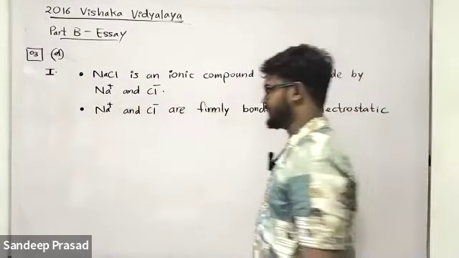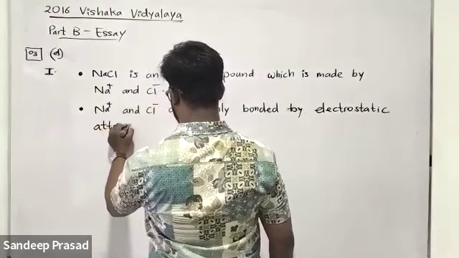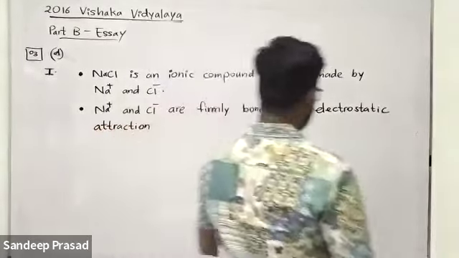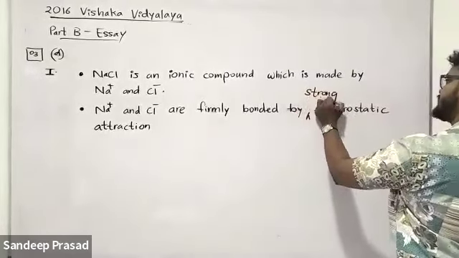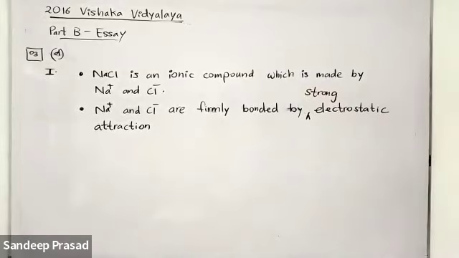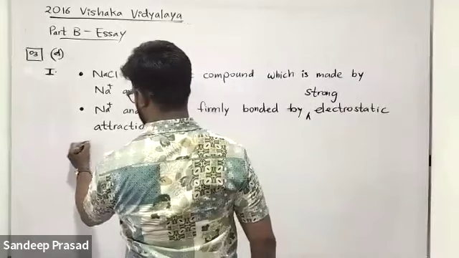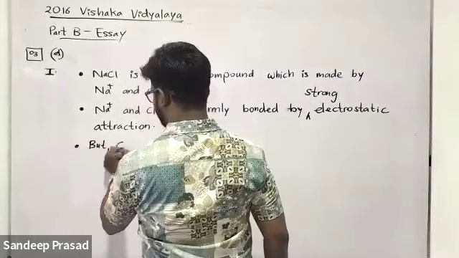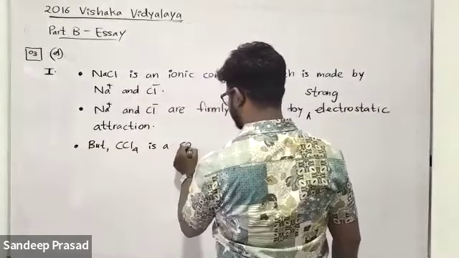We know that between Na+ cation and Cl- anion, the attraction is electrostatic attraction. If you want, you can use the adjective strong here: by strong electrostatic attraction. But carbon tetrachloride is a covalent compound